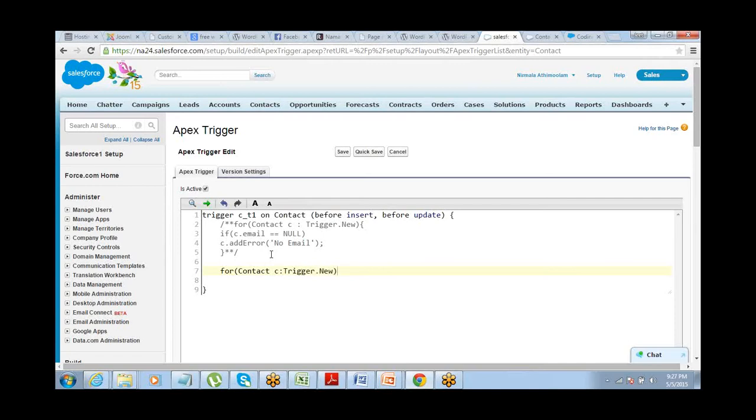No changes here. You have to write if Trigger.isInsert. So if it's an insert trigger and C.Email equals null, then you want some error to be thrown.